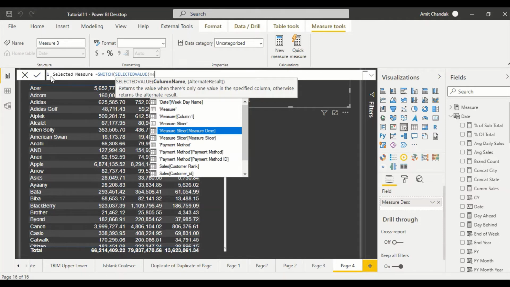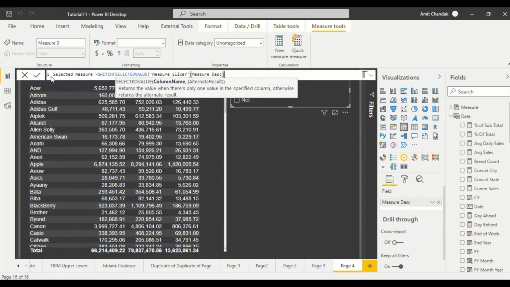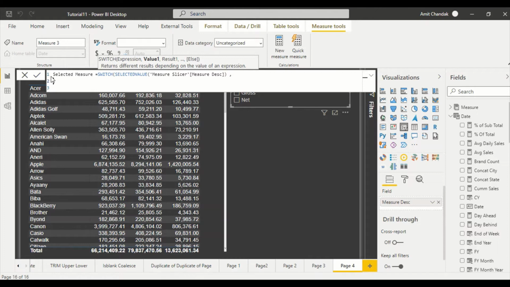Now it doesn't matter whether you are displaying slicer or measure, but whatever you are using, use those names. So let's say if I use the measure description, which is the shorter one, then I need to give gross equal to, when the value is gross, then what action I need. And it is perfectly fine. I display measure description and I take measure slicer. That's fine. That's because the selected value in that table is going to impact the same row in that one, and we are going to get the same value. So you can take whatever you want, just make sure the values which you're going to give here match.